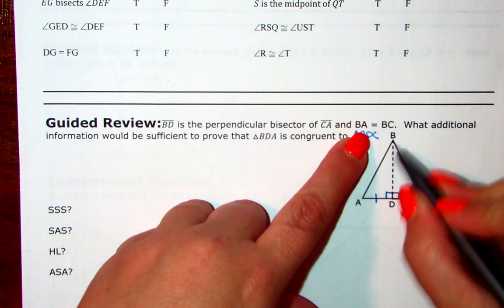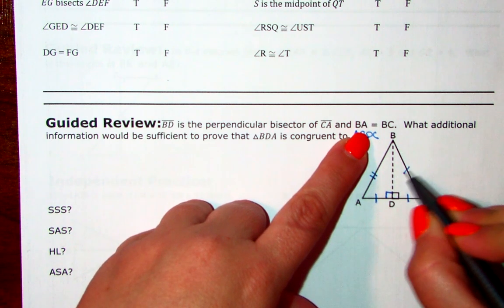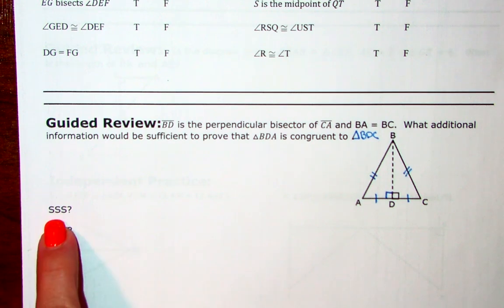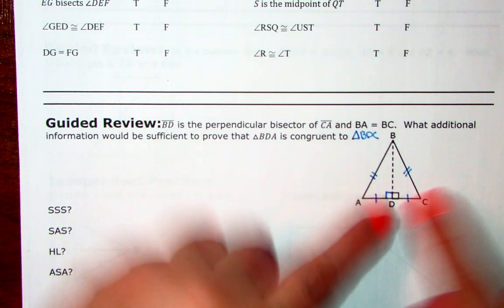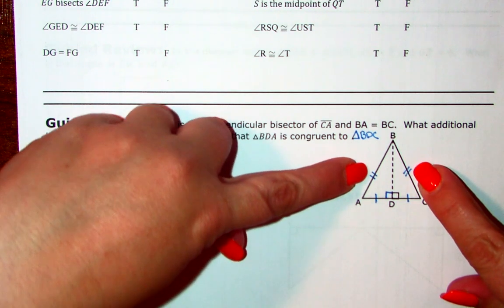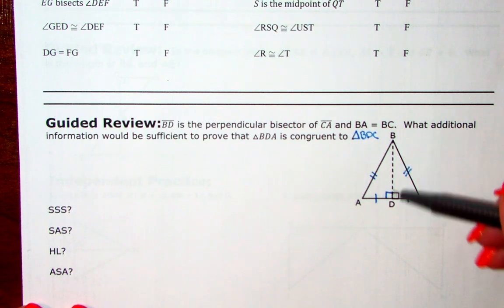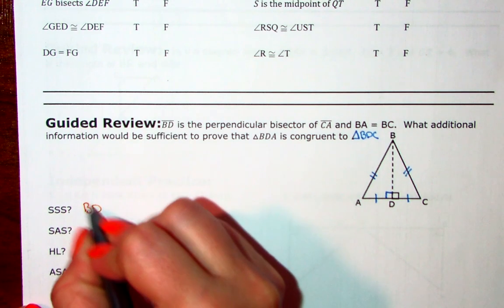And it says that BA is equal to BC. So that information has been given to me already. Okay? So let's see what I would still need to say in order to prove by side, side, side. I can already see I have these two sides marked and these two sides marked. So all I would still need to say for side, side, side is I would need BD to be equal to itself,